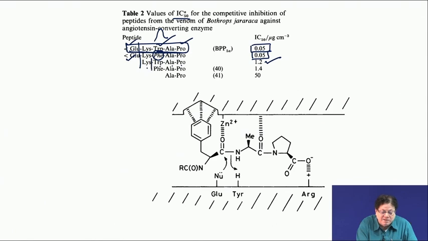And then if you remove the lysine, you have phenylalanine, alanine, proline, which has got 1.4. That means there are some minor roles of this glutamic acid and this lysine. So, it becomes 1.4, but when you change the third one, phenylalanine, you get alanine and proline, and now you see the IC50 value is 50. So, the IC50 value has increased to a large extent. So, this is a very bad inhibitor. Again, remember, a higher IC50 means less potent inhibition. Okay.